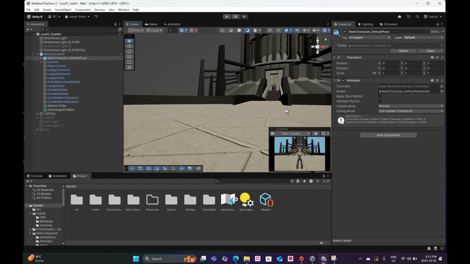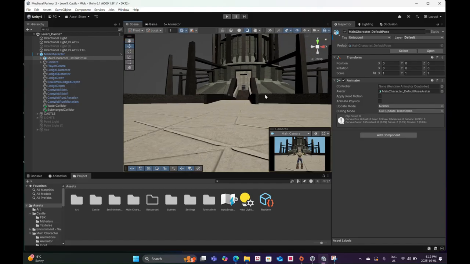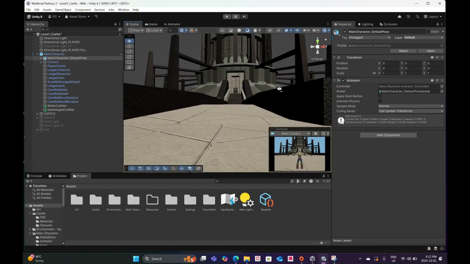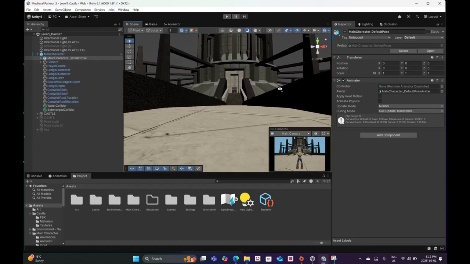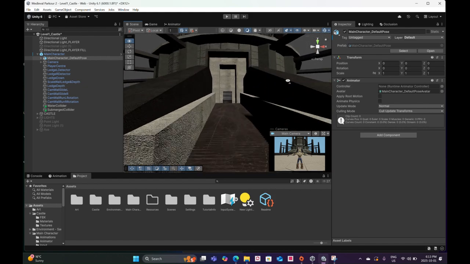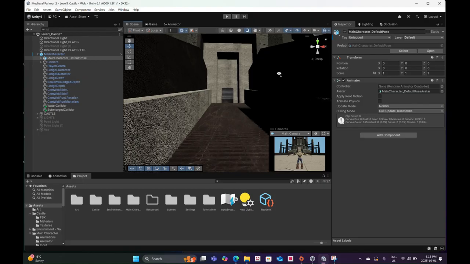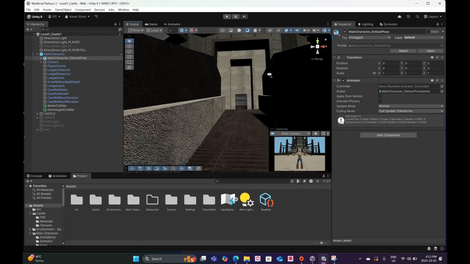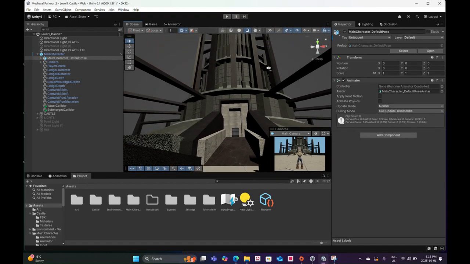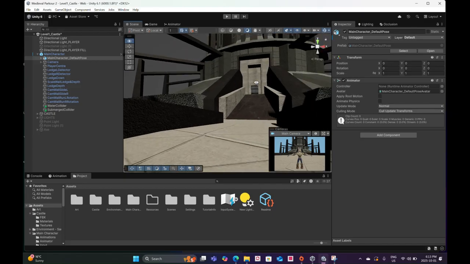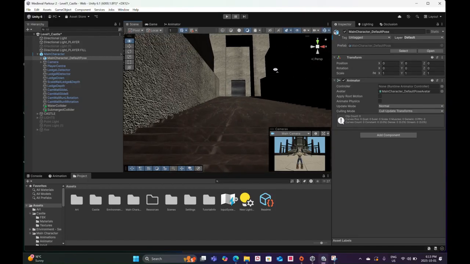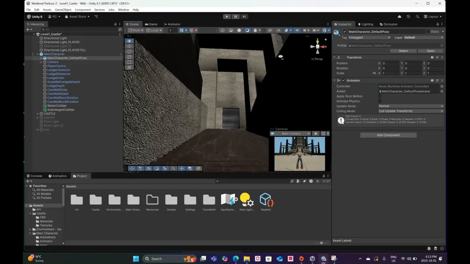So I can use the right mouse button to mimic the first person camera. I'm just holding down the right mouse button and using the WASD to move around. So as you can see, the outside looks pretty good. That's with the directional light, but as soon as I walk in, I'm going to make sure I get through all these doors and